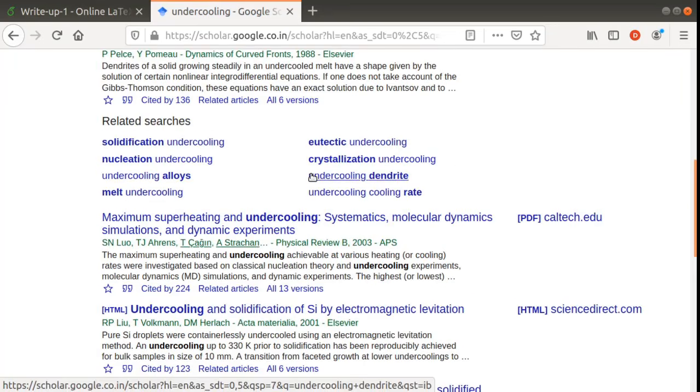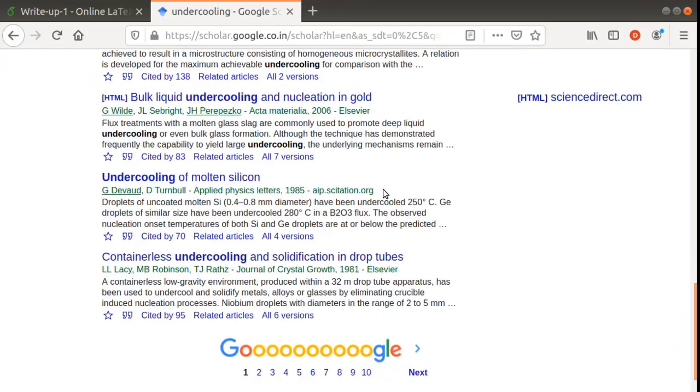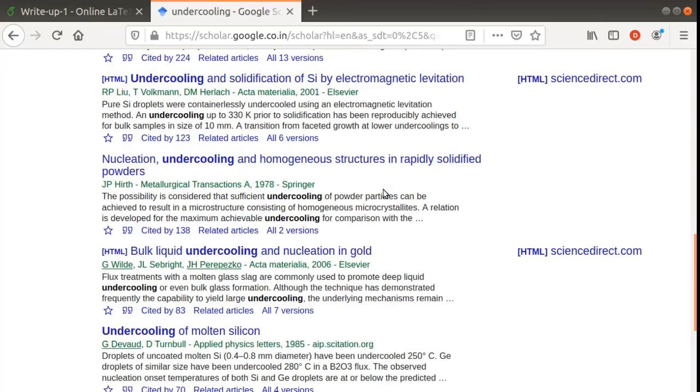And once you pick up an article that is suitable and you want to talk about it, you will have to pick up the bibliographic details of that particular article. So let us do that, for example, for this article, and look at the image of the quote symbol here. It says cite.